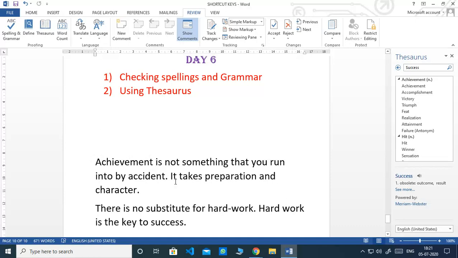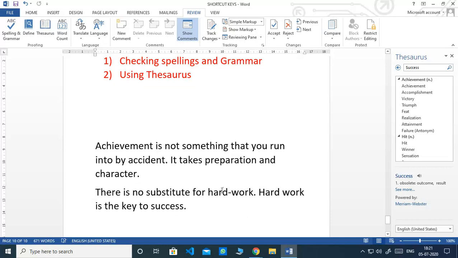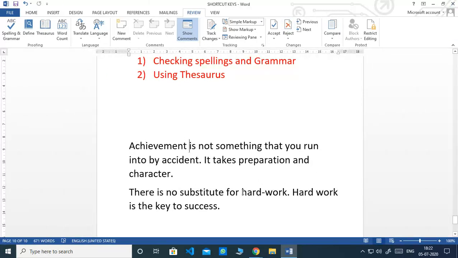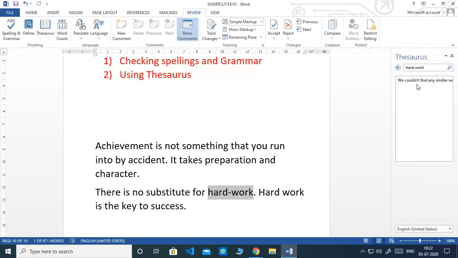In the same way, if we want to get an opposite meaning for hard work, in the sentence there is no substitute for hard work, I want to choose an opposite word. Just select the word and go to the option thesaurus. Because two words are together here, let me choose this word substitute.